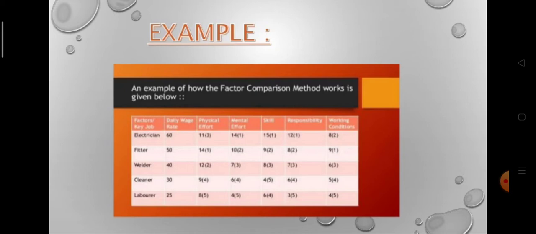so electrician daily wage, for example, there was 60 rupees earlier. That is not the case nowadays. We are giving daily 500 or 600 to the fitters, electricians or cleaners and laborers. So the day wage is small, but how much they work, there is a comparison between the work.